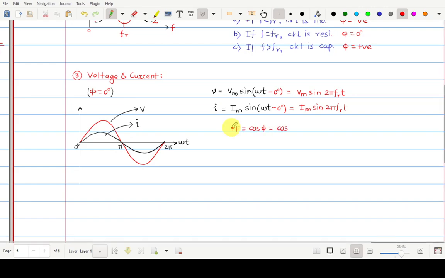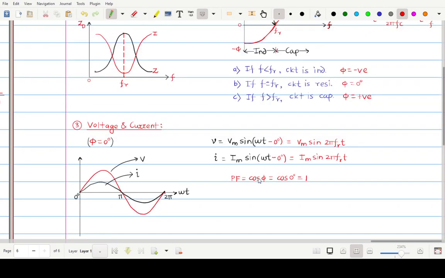And again we can also find out the power factor of this circuit. Now what is power factor? Cos phi. So what is the phase difference over here? There is 0 degree phase difference, so cos of 0 is nothing but 1. Okay, so at resonance condition the power factor of the circuit is unity. For parallel resonance circuit, power factor is always unity, and this is also one of the conditions. When your circuit power factor is unity, then only resonance can occur. Okay, so these are some of the parameters related to parallel resonant circuit.